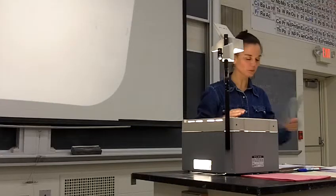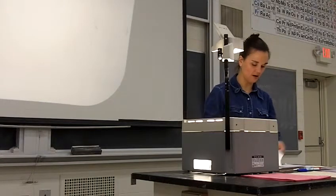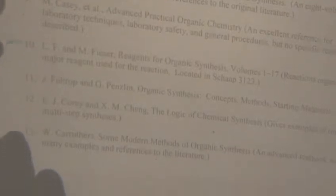So on the 4th page and 5th page of the pink sheets, there's lots of general references for organic reactions and procedures. I've gone and marked the ones that we showed you in the library last week. So the ones we showed you are 2 organic reactions, 3 Marsh's Advanced Organic Chemistry, Larocque's Comprehensive Organic Transformation, which is 4, Vogel's A Textbook of Practical Organic Chemistry, 10 Fieser reagents for organic syntheses,